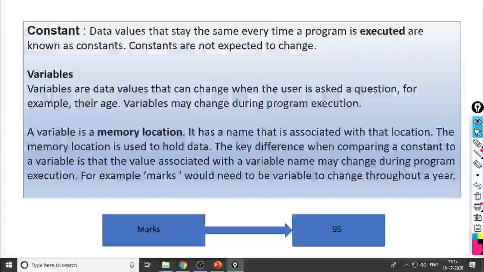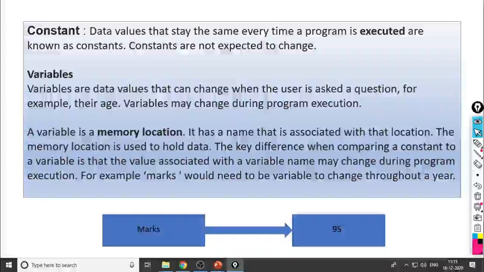It has a name that is associated with that location. The memory location is used to hold data. The key difference when comparing a constant to a variable is that the value associated with a variable name may change during program execution. Later we will see how it changes.